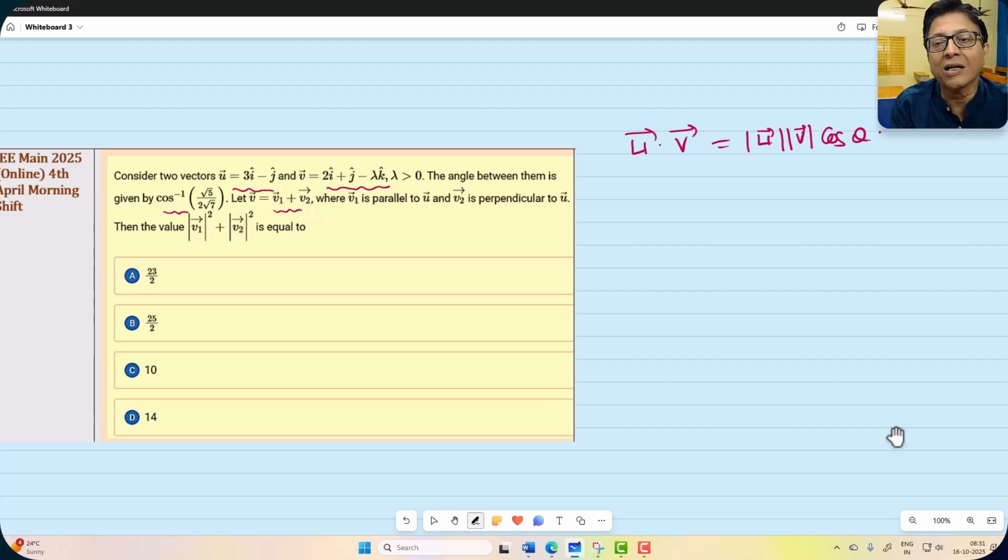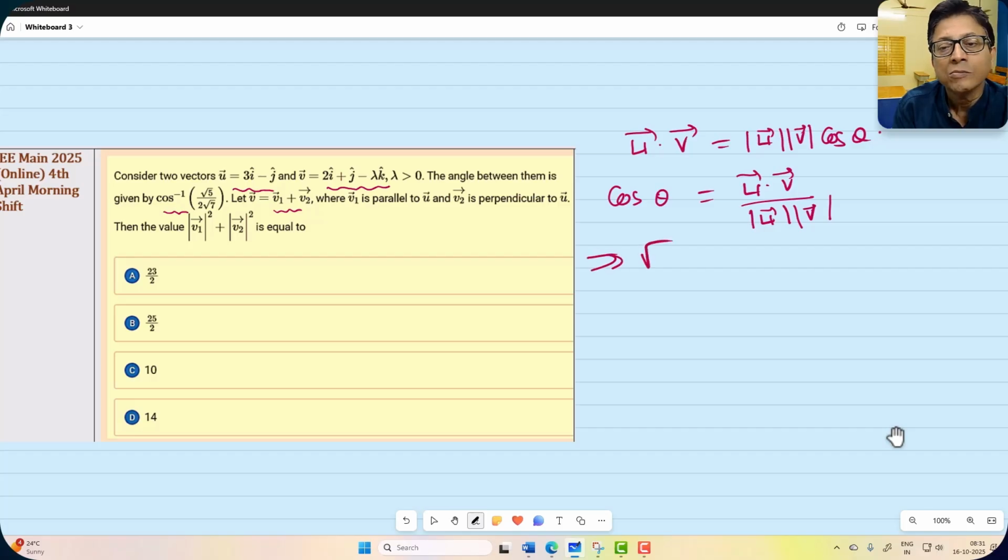So cos theta you can write U dot V by mod U mod V, and cos theta value is root 5 by 2 root 7, and U dot V is what? This is going to be 6